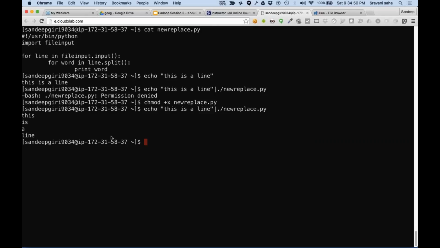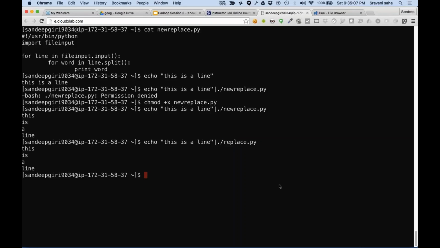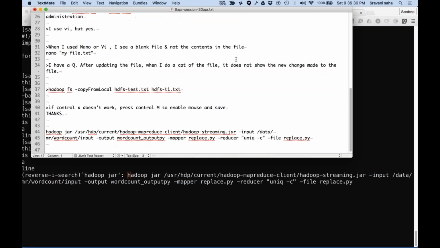Great. Now this command called replace, or I'll just stick with my command called replace.py. Replace.py is good enough, and it can convert a big text into one word per line. Now what I'm going to do is run a Hadoop streaming job, and let's take a look at a Hadoop streaming job. The one which we ran last time looked like this, and the command was